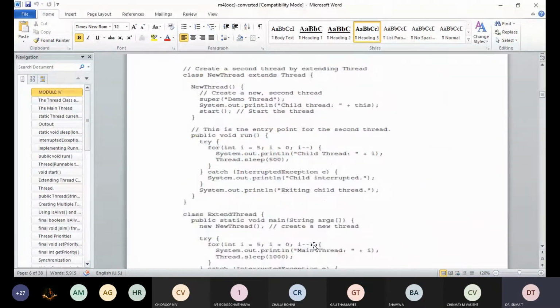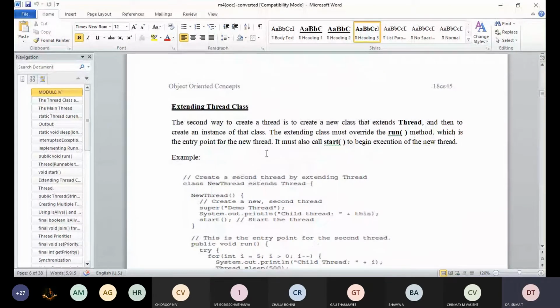Only thing is, this one extends the Thread class. See here, class new thread extends Thread. And since Thread is a superclass, we use super as a keyword, as you people already know what the use of super is, right? It initializes the instance variables of the superclass.